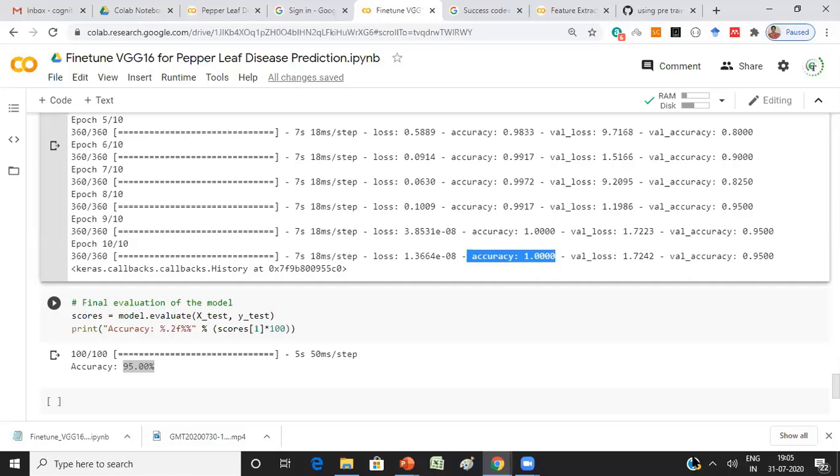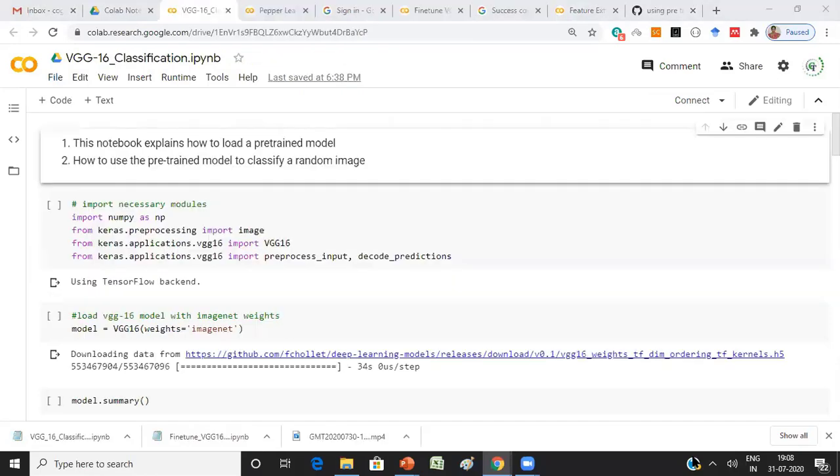Now I shared 2 files. All of you can check yesterday's VGG 16 for classification and now the fine-tuning VGG 16. Both are now available in your WhatsApp group. Now I shared the screen.